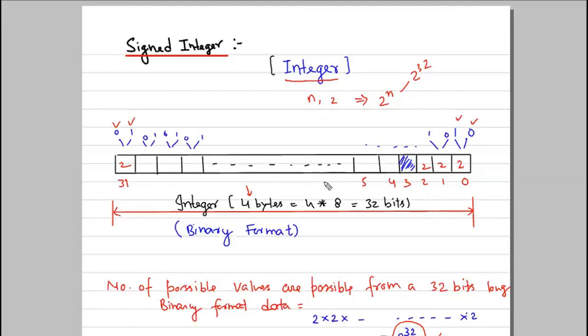Let's say in C++ the integer is 4 bytes long, and 1 byte is 8 bits long. It means it would become 32 bits long. Okay, 32 bits long means the binary format has 32 bits. Each bit can be either 0 or 1. So the binary representation would have 32 boxes, and if the indexing starts from 0, it would go till 31.